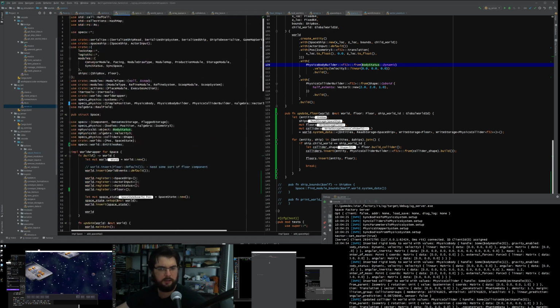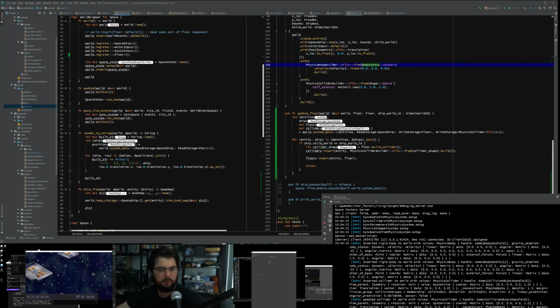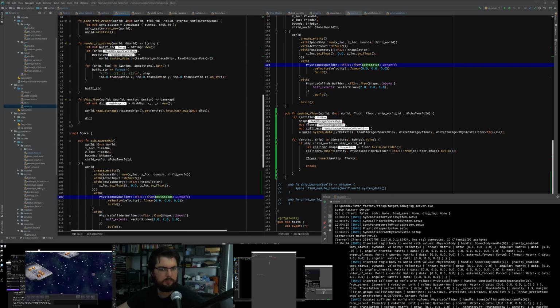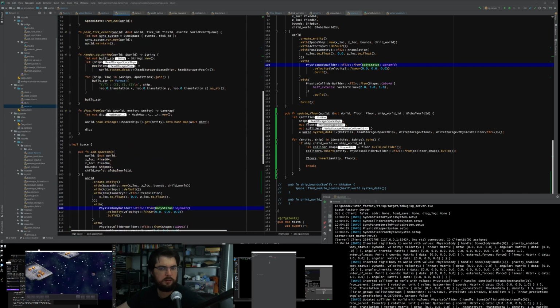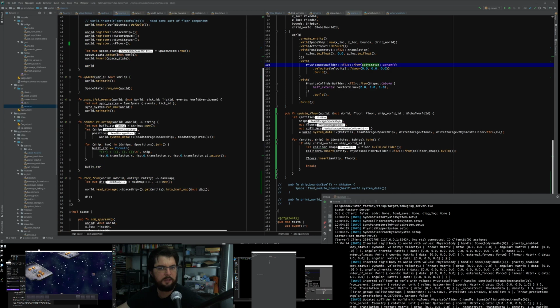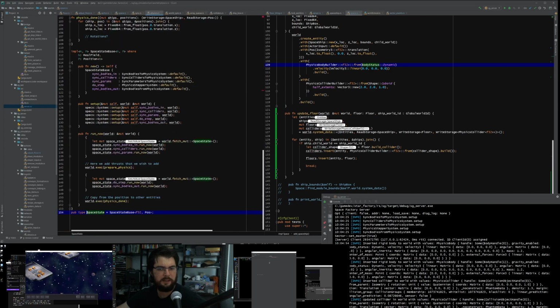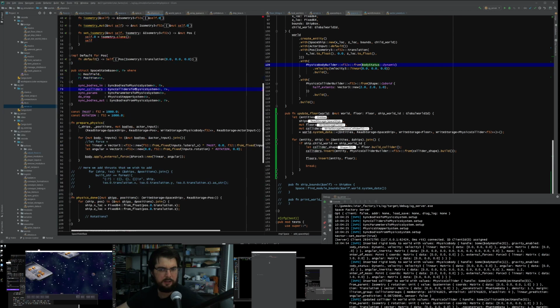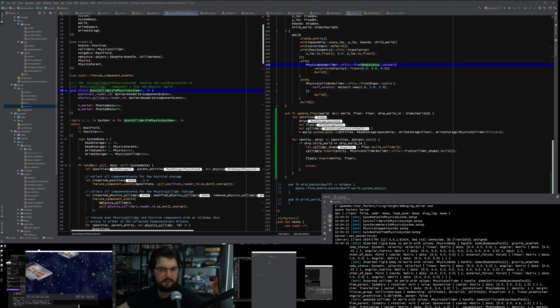In here, we were, well no, that's right, in the frame by frame thing, update, here we are, we call space state, and then from there we say run now, and we sync colliders, and in sync colliders we do this, sync colliders to physics system. It has a positions reader ID and a physics colliders reader ID.